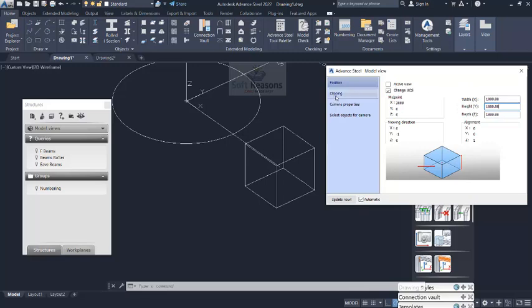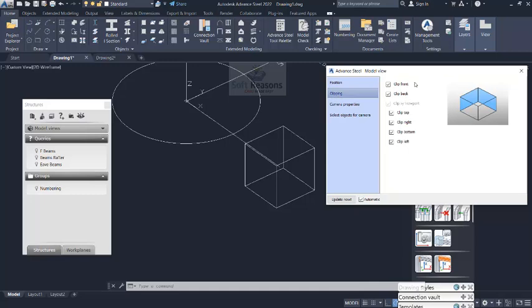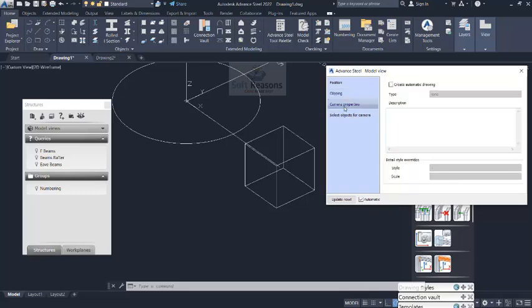So you can come to the clipping. You can see clip front and back. You can now see clip top. So all of the site is being clipped successfully. So for the camera properties, you can just create camera. So this model view also has its own camera. So if I click in these provisions, create automatic drawings camera. So type of drawings, type of view that you want, we may use